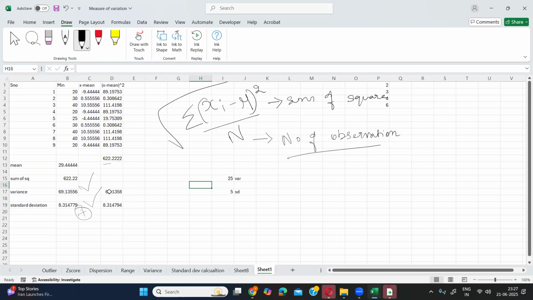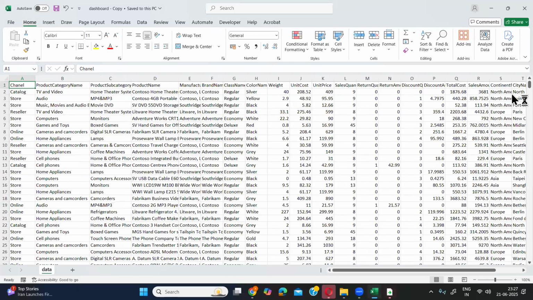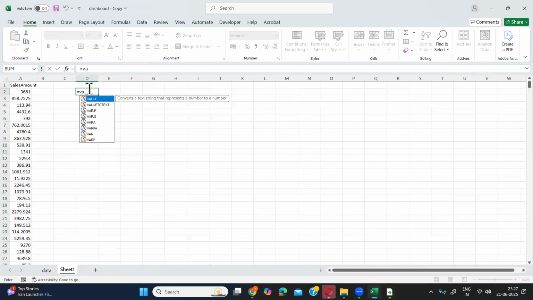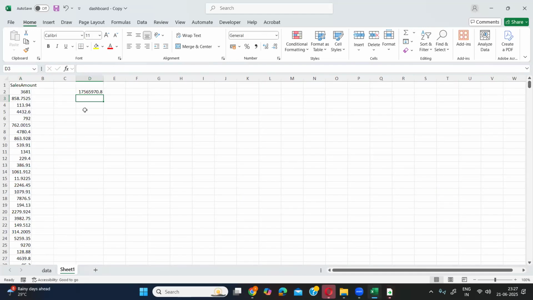So just one thing, variance will usually be a very big number and standard deviation is much lesser than variance. Okay, so do not get confused. For example, when I was taking the real data, variance will be a little smaller number when comparing to your standard deviation. Sorry, standard deviation is much smaller number. So variance of this data set is, you got a huge number and standard deviation is,